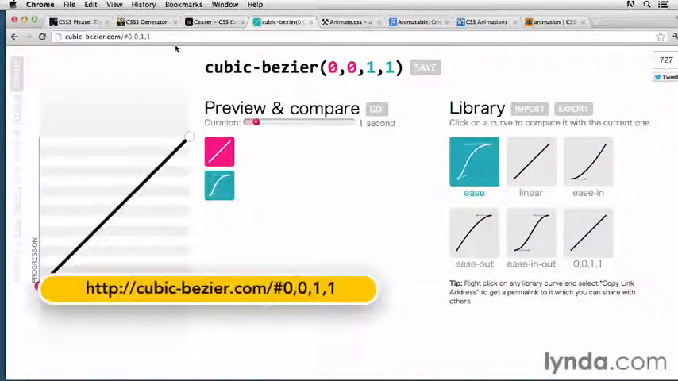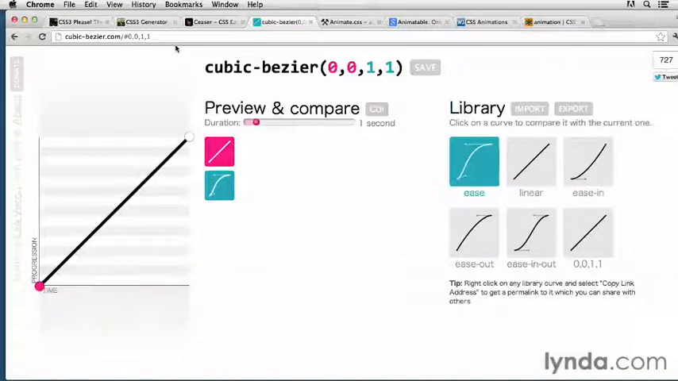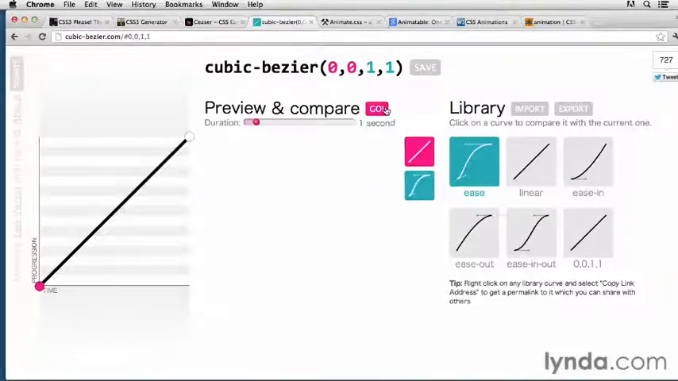cubicbezier.com doesn't have as many preview options, but it does give you the ability to compare the easing results from two different graphs, which is really helpful. In this example, I would be comparing the ease keyword graph against the linear keyword graph. I can just hit go and see how they would work against each other. You can also create custom graphs here and then bookmark them for sharing with your team later. That's very handy. You'll notice the URL reflects the same numbers I have up here, and that's how you can